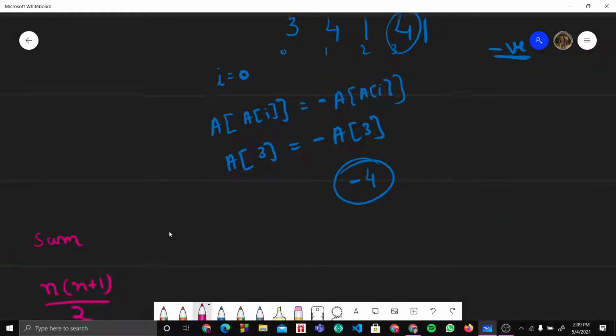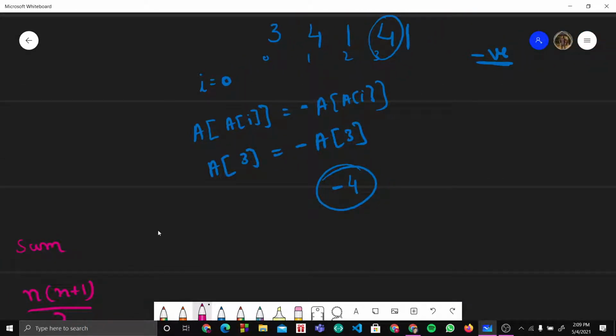Or you can say that is single. If we see over here, we have 3 4 1 4 1. We won't be taking this example, this is not a good one because the number can't be repeated twice. For this to work you should have just one number repeated. So maybe we will have 4 repeated.